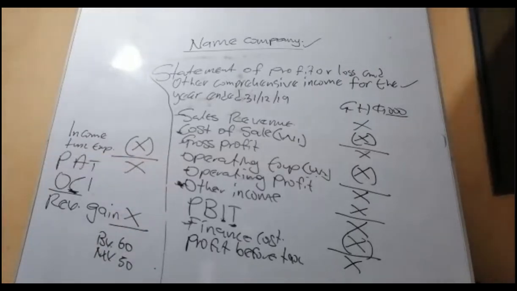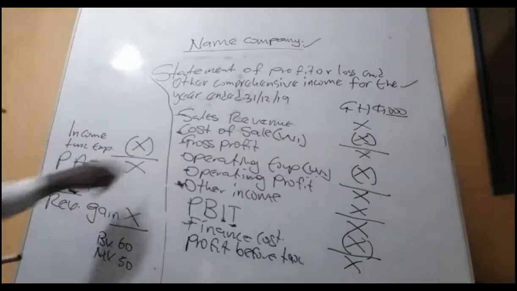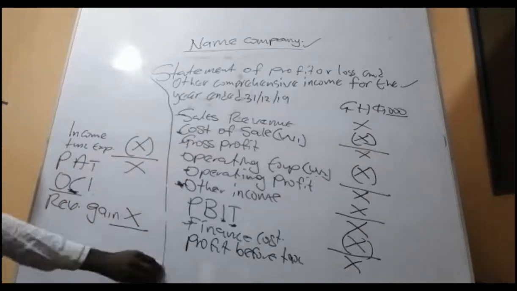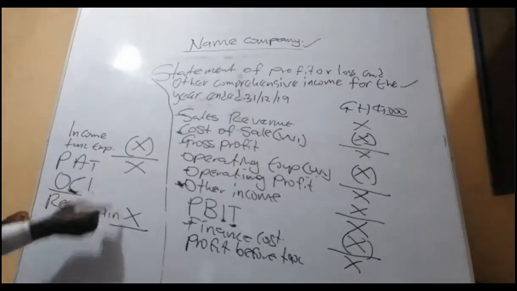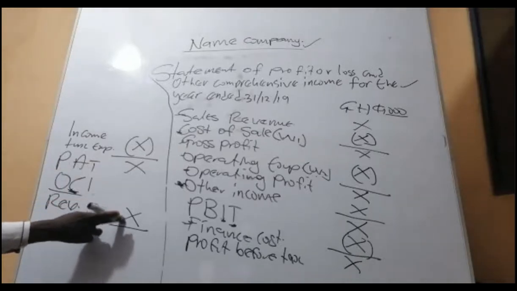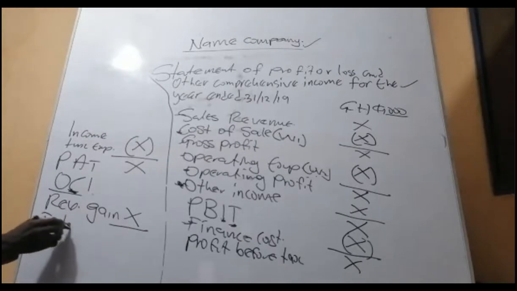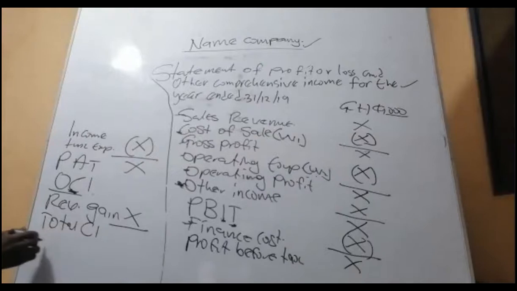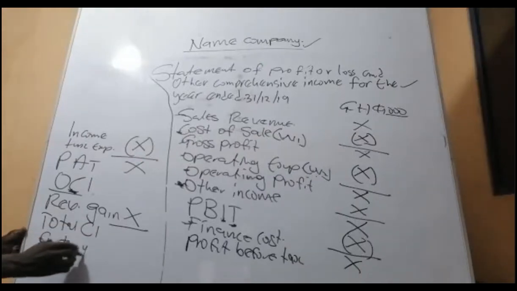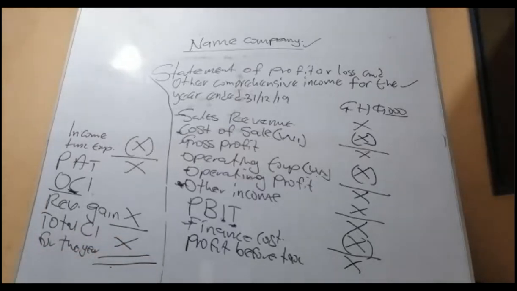Have you seen the difference? So that's how we do our calculation. When you calculate and it's a gain, it must come here. If it's a loss, go to operating expenses. We are done. Now, when you add these two together, profit for the year or the profit after tax, plus the other comprehensive income, we call it total comprehensive income for the year. Then you double underline it. That's the end of the first statement. We are done. Any question?